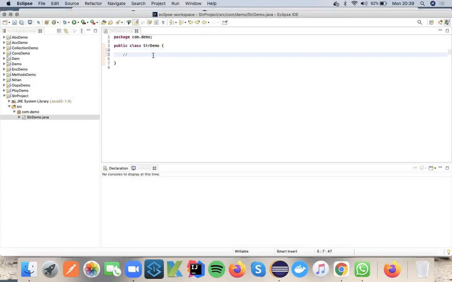Basically, string is an immutable object. When I say immutable object, what does it mean? Immutability means once you define a value, we cannot change it. That is not about compilation; it is related to memory. I will explain what happens when you declare a string variable. Basically we have two different approaches to define a string.